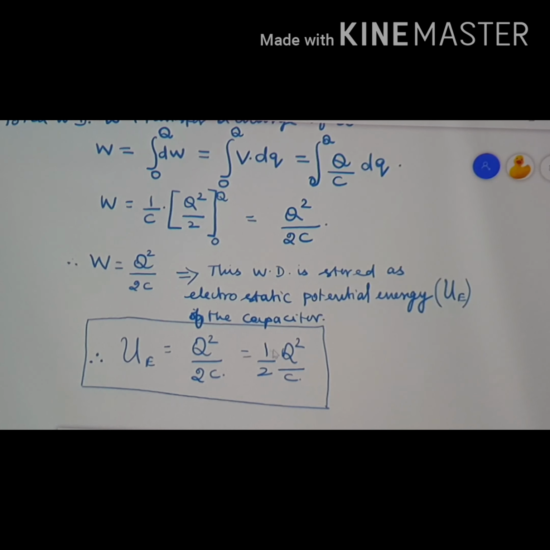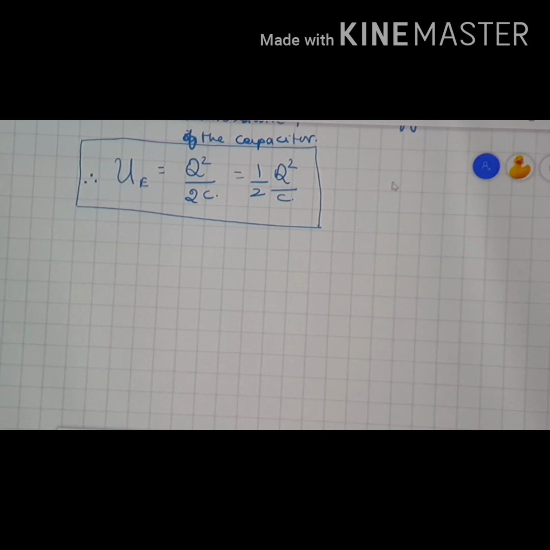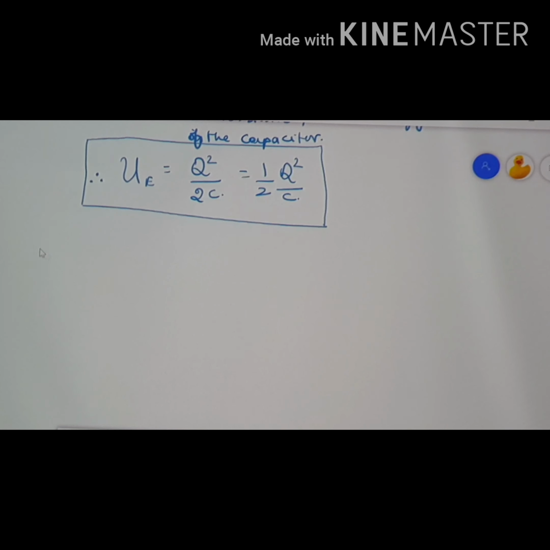We can also write this expression in another way. We know that the capacitance C is equal to Q divided by V. So the value of Q is equal to C into V. Substituting in the above equation,